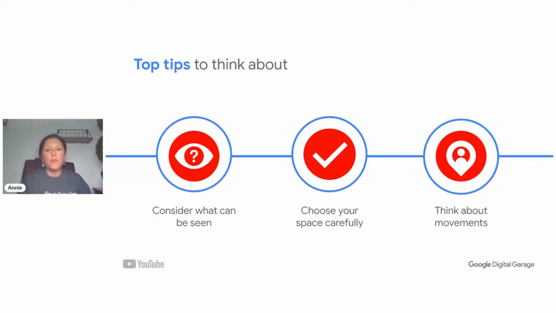So consider whether you've got prints or logos. If you're wearing a top with a logo on, make sure it's your logo or the logo that you want to be seen there, because people will interpret that. Also make sure that whatever you have on display adds to the message of your story and really adds value. And consider contrast. I'm wearing grey and I'm against white, so you can see me nice and clearly. Think about those colours. Don't blend into the background, because you could get lost there.